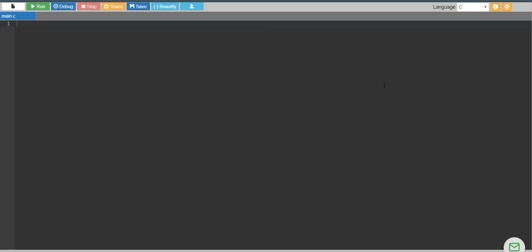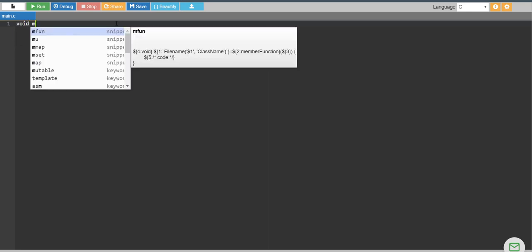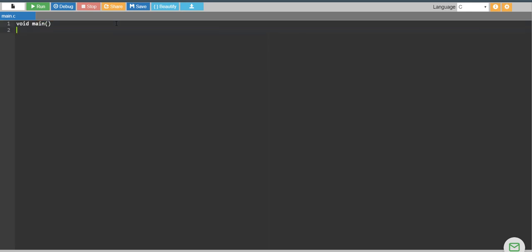Here I am going to use a C editor and compiler. You can use any favorite editor. So let's write in our main function, void main. Inside main I am going to declare this array, and the array elements are 15, 22, 9, 78 and 42. You can pass this array using the command line also.